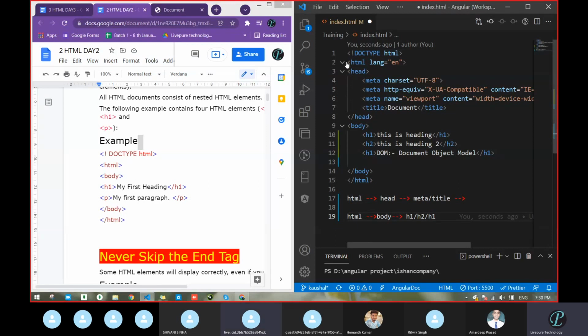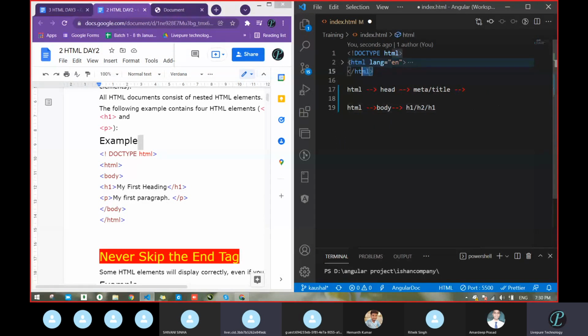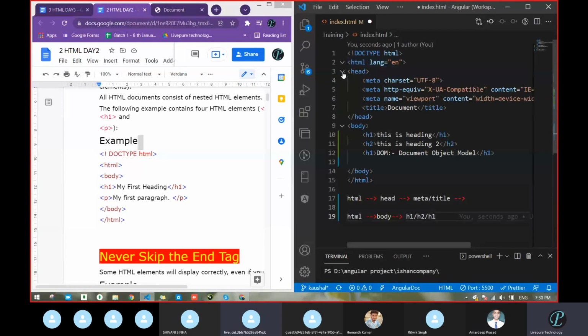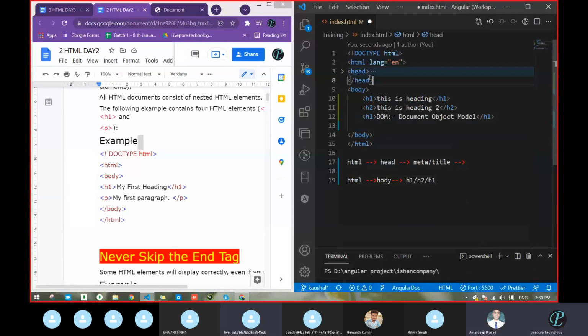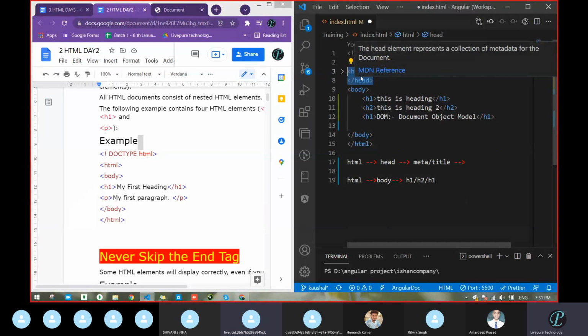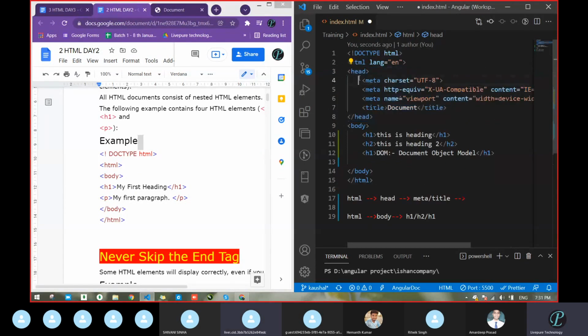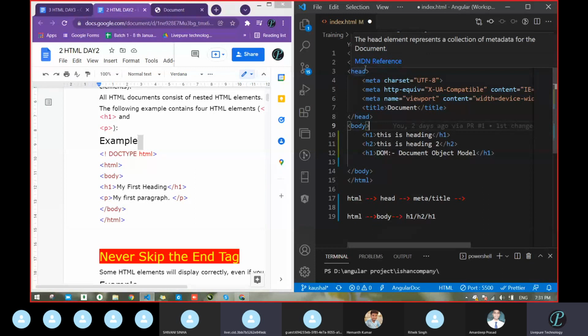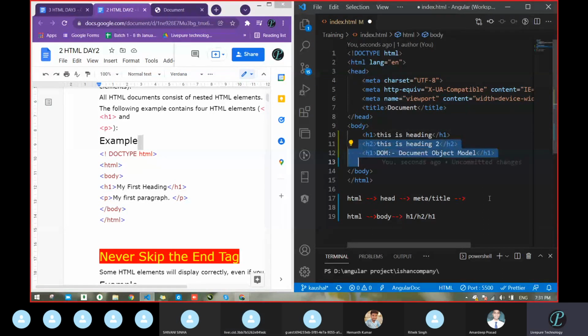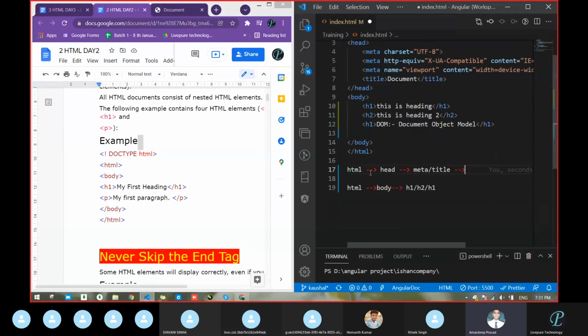When you go to HTML, just click this and find out. When you click this one, it is going to collapse all. After expansion, if you click that head section, it is going to collapse this area. Means HTML, then head, and then meta tag, meta and title. But when you collapse body, HTML, then body is the second nested, and then this one. Correct? Any doubt? No, sir. I think no doubt. Okay.